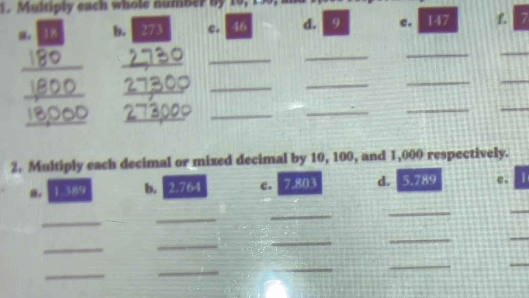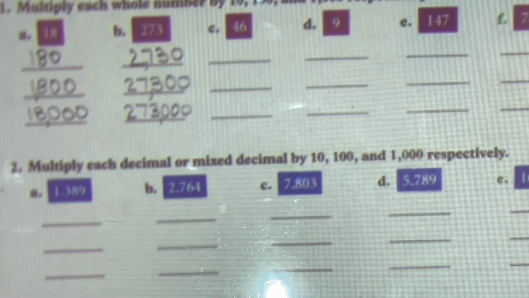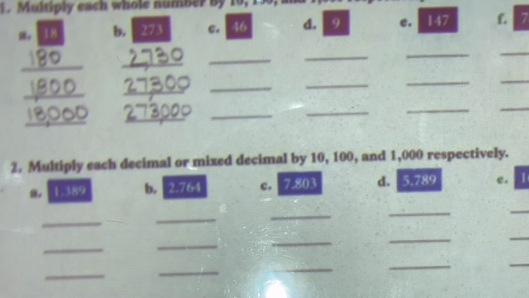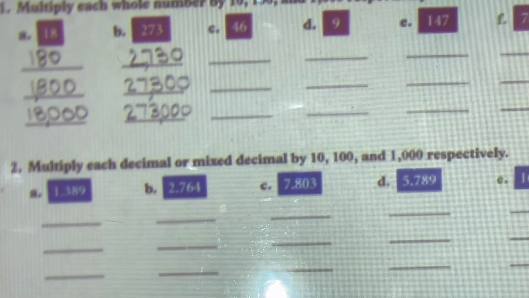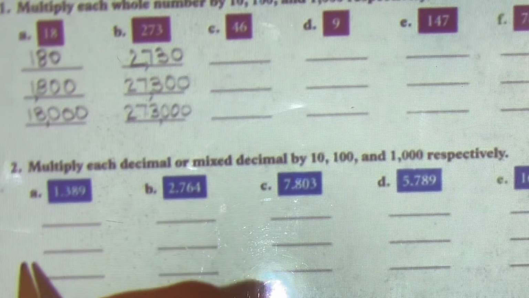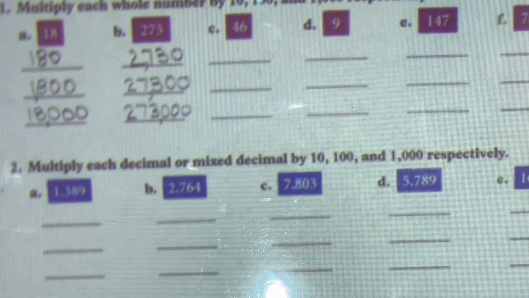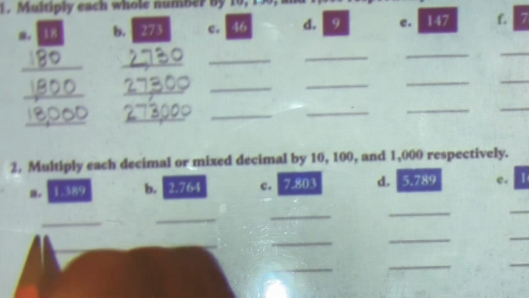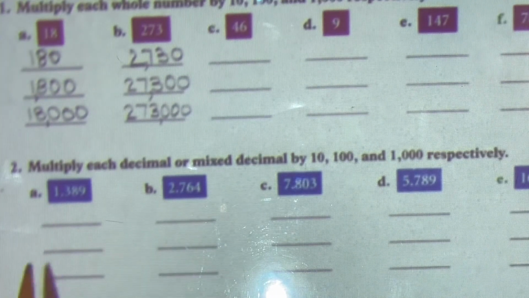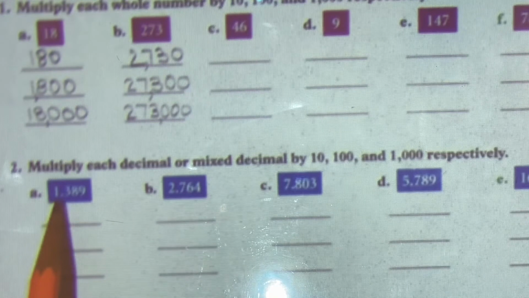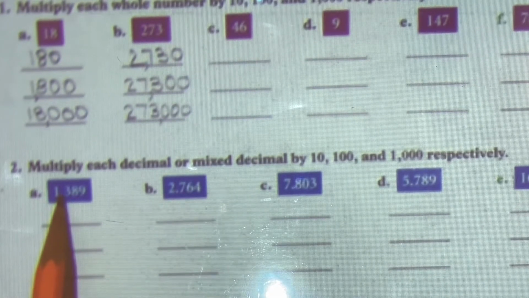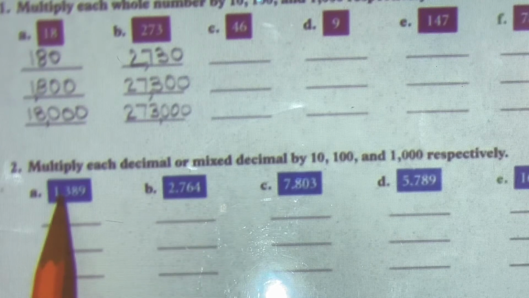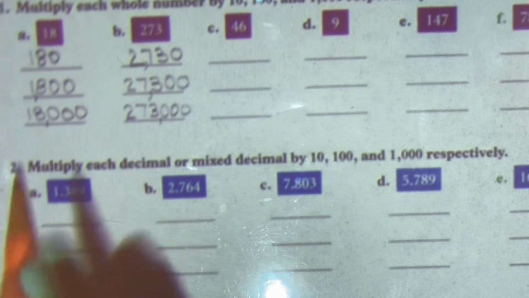Number 2, multiply each decimal or mixed decimal by 10, 100, and 1,000. So here what you have to do is move the decimal point to the right, depending on how many zeros it has. So 1.389, if I want to multiply this by 10, it means that I have to move the decimal point 1 place to the right. So I have the decimal point here, and I'm going to move it 1 place to the right. That's going to make the number